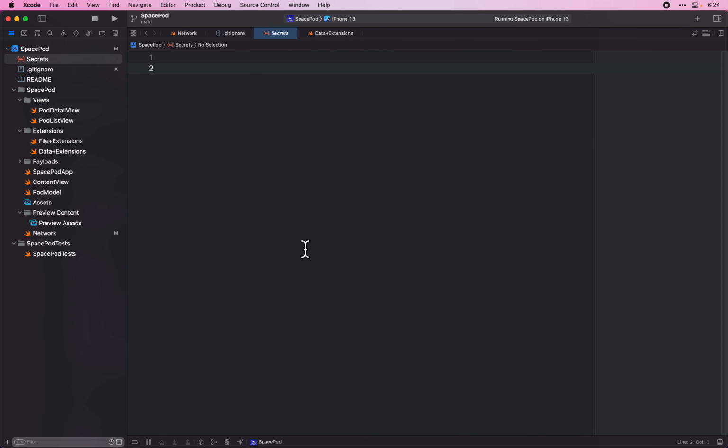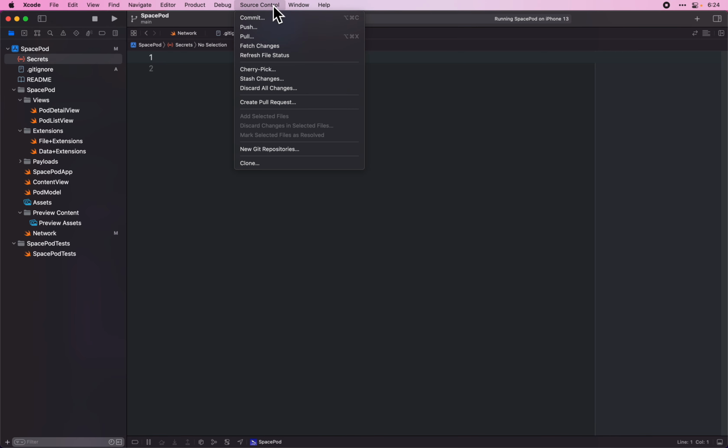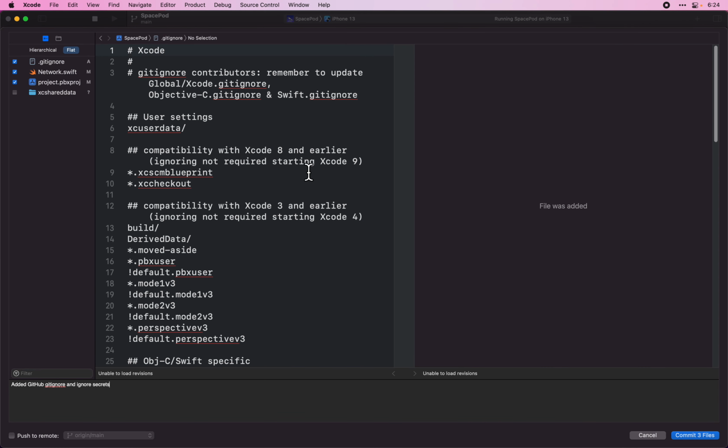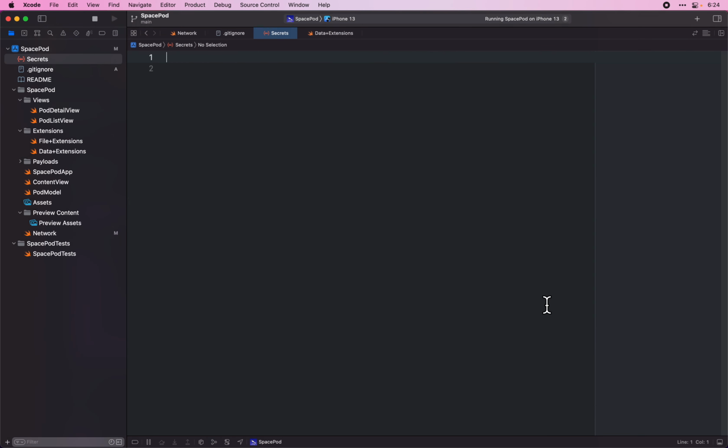Okay, so we've got our secrets file. Let's confirm that our gitignore is working properly. If we look here, we see we've added that secrets.json file, but it doesn't appear. Uh-oh. Well, we've got a beach ball. Let's see if Xcode recovers in a minute here. So things are looking good. If Xcode recovers in a moment here, it doesn't look like it's going to. There we go. Okay, that's Xcode